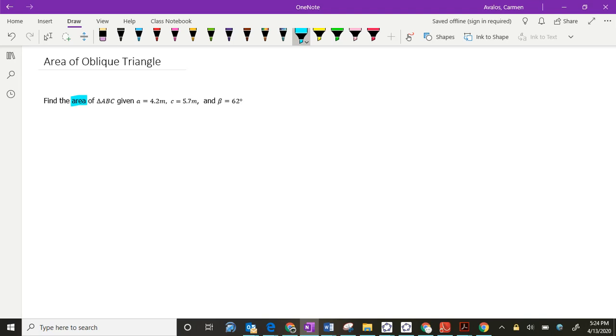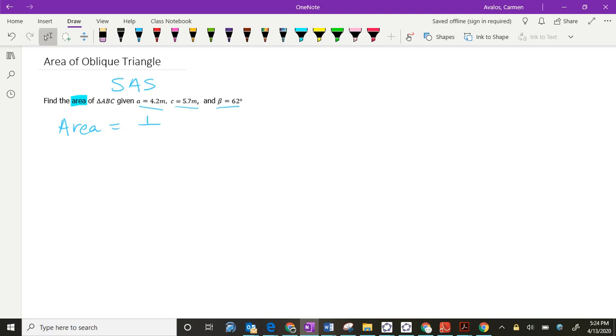So in any triangle, if we're given side, angle, side, in this case a side and an angle, notice this is beta, and I'm not given B, so it's not the opposite side. The beta is in between. So here we have side, angle, side for this triangle. Anytime we're given a side, angle, side, we're going to have a regular triangle, and the area of this triangle